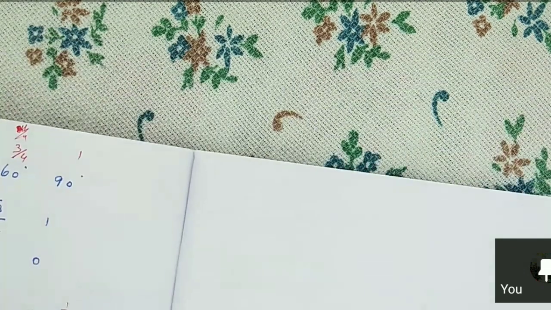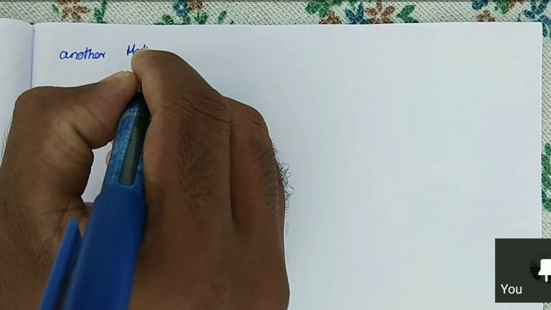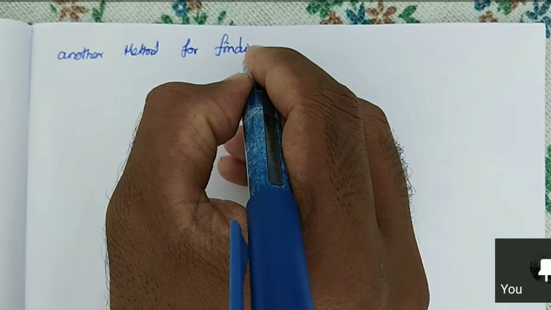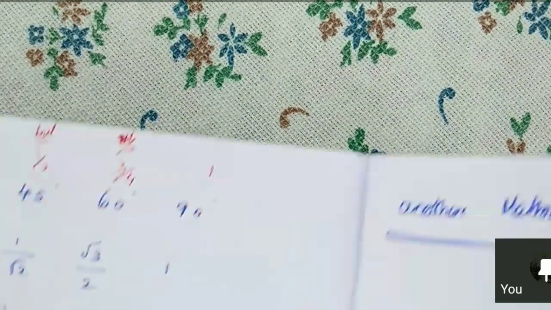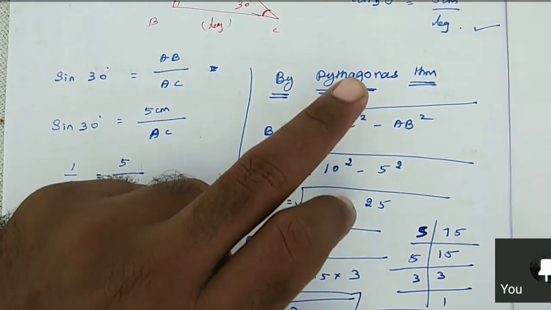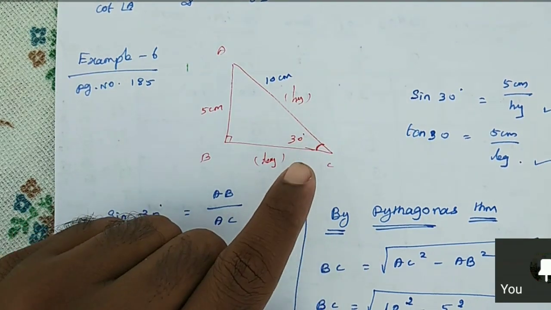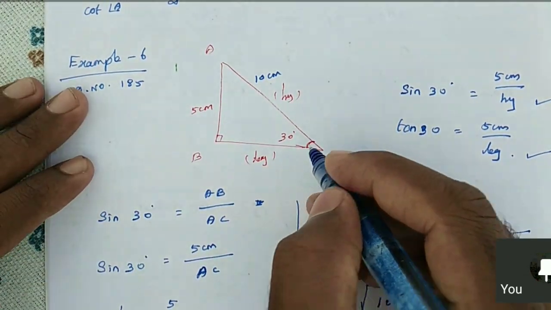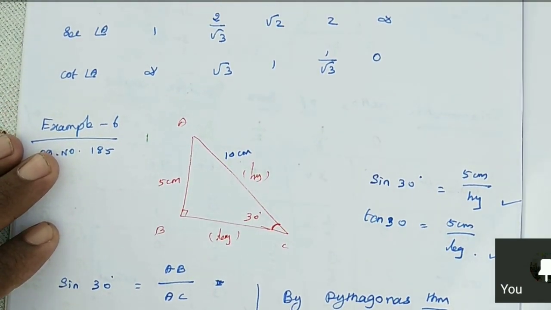Listen. So another way, another method for finding BC alone, not for the entire problem, right? Here, without using the Pythagoras theorem, we can find it. Now we found it is 5, here 10. We need to find one of the legs. The leg is BC, that is the adjacent side for this. So we should take a ratio which contains the adjacent side. May I know which ratio?